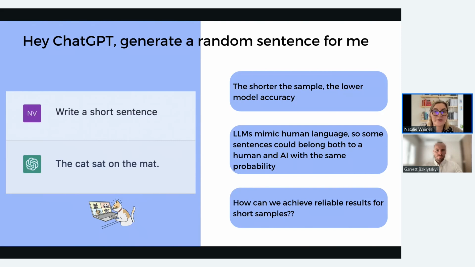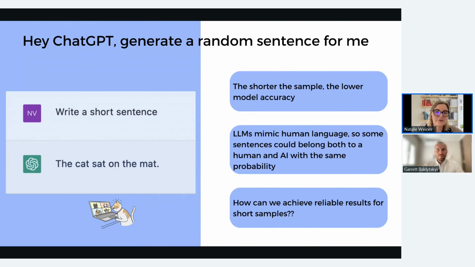Now let's ask ChatGPT to generate a random sentence. I did it beforehand, and when I asked ChatGPT to generate a random sentence, it generated the sentence, "The cat sat on the mat." Somewhere at the back of my mind, I expected that ChatGPT would write this sentence, and so it did. And to be honest, that is something I would produce too if I was not trying to impress anyone with my creativity or if I didn't think too hard.